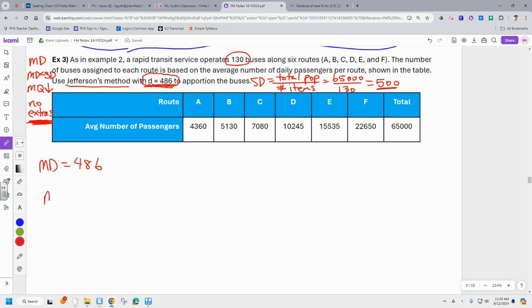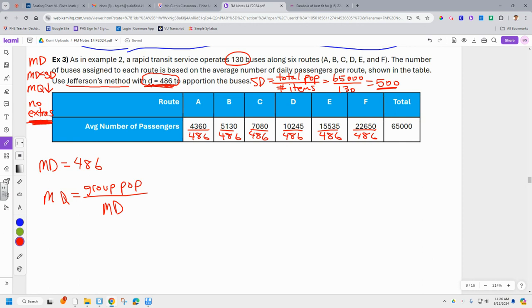So the modified quotient is going to be the group population divided by the modified divisor. If you're ever confused, just go back to think about what the word divisor means. Divisor means I'm dividing by that number. So we need to divide these numbers by 486. The group population divided by the modified divisor,